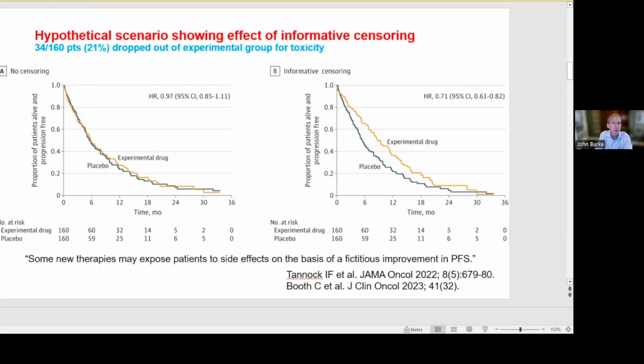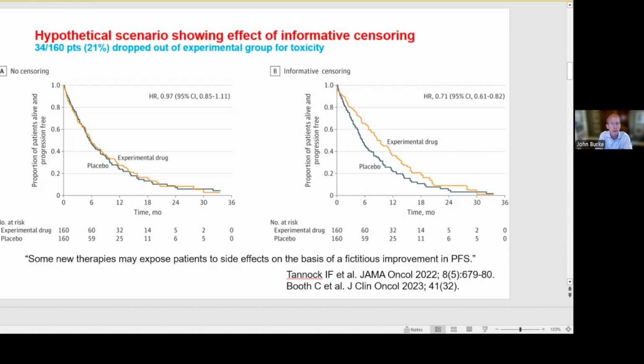To illustrate what this is, this is a figure from the JAMA Oncology paper listed. These authors created a fake trial where patients were randomly assigned between a placebo and an experimental drug. And shown here is the Kaplan-Meier plot of the progression-free survival curve, showing really no difference between the two treatments. The hazard ratio is 0.97, the confidence interval crosses 1, and so this is a non-significant difference, no difference